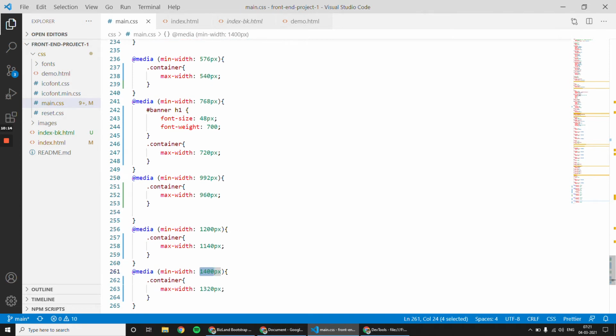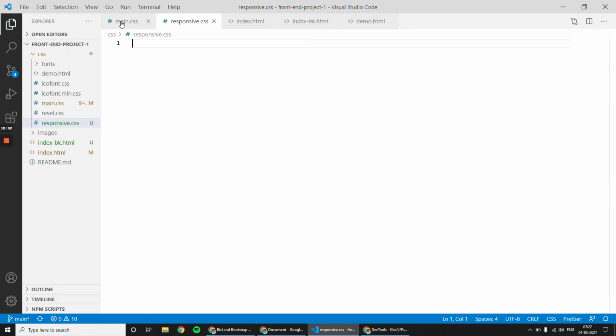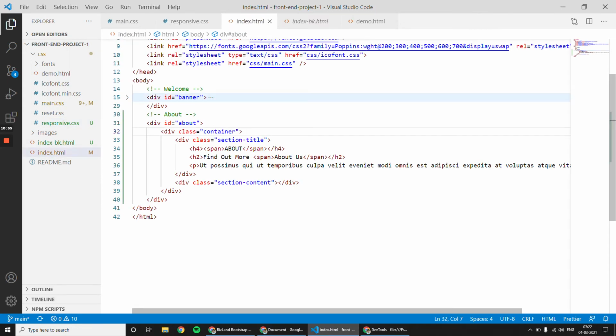Let me reiterate. Some developer has completed your web page for larger screen and they ask you to make that web page responsive by writing media queries. How will you do this? This is the task. So what should your approach be? I don't want to disturb our main.css. Instead, I will write one new css, that is responsive.css, and I will include it in my page.